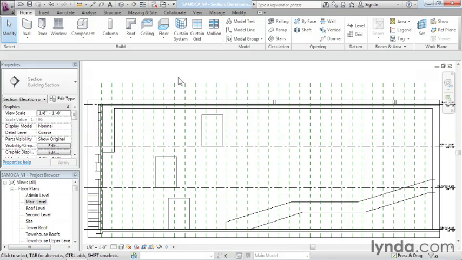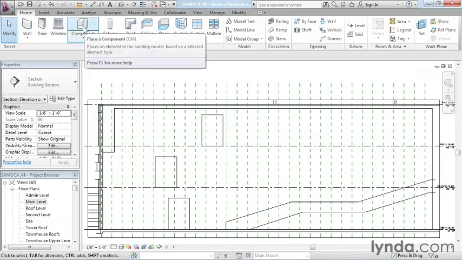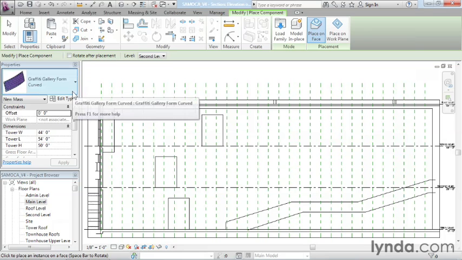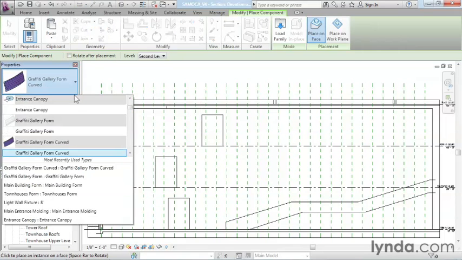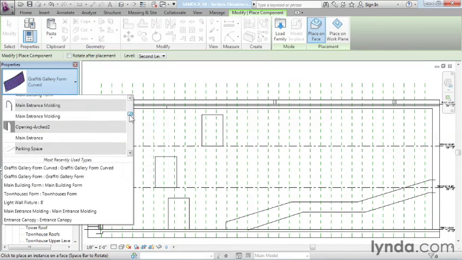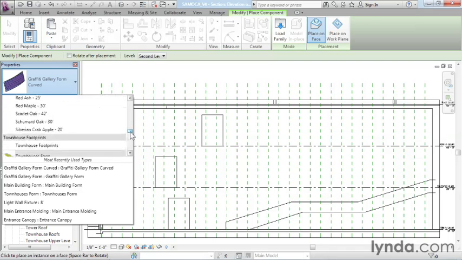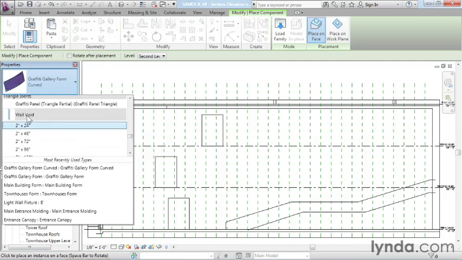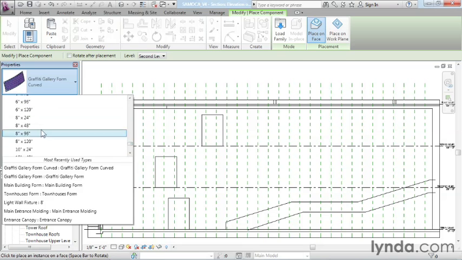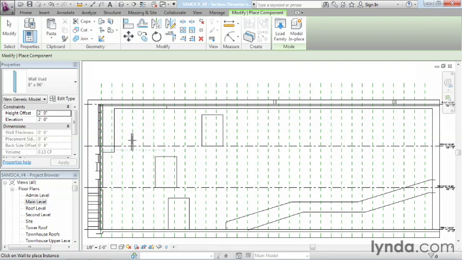That leaves us with the voids. I've built the family already, so we'll just go over and click the component tool on the Home tab and open up our list of choices here on the Properties palette. Scroll down, and I've got a family called Wall Void, and there are quite a few sizes. So I'll start off with one of the larger ones. Let's do maybe an 8 by 96 and bring it in,